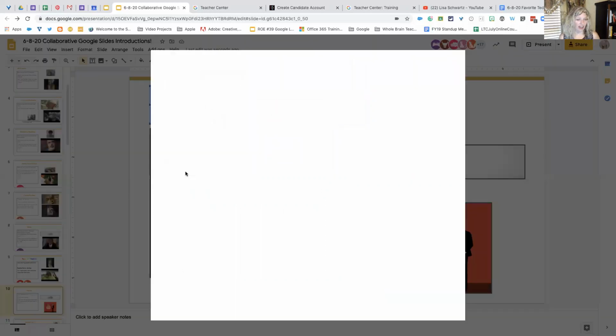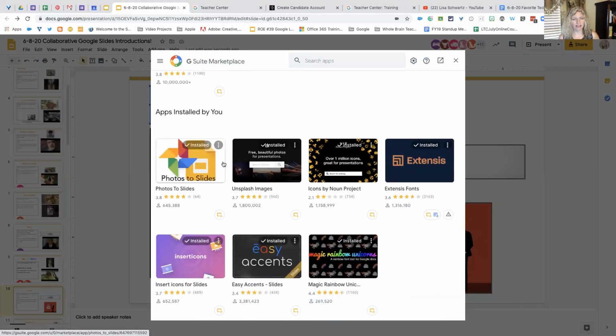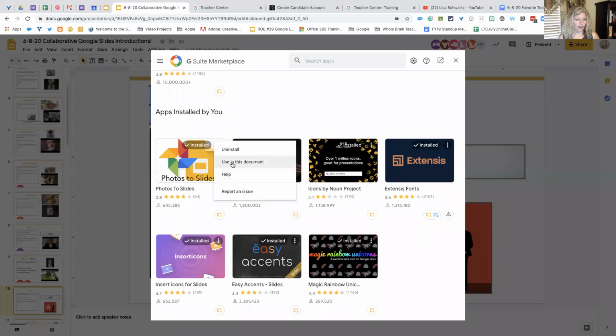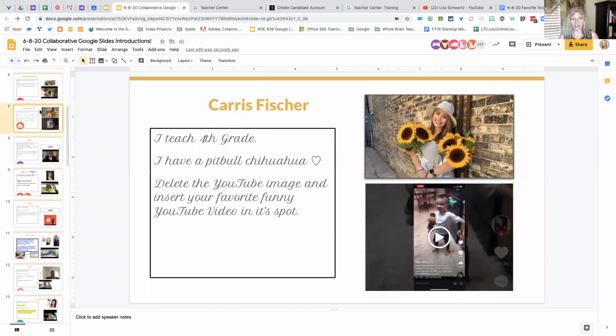I can go to manage add-ons here. Here's all of my add-ons for my Google Slides. If I click on the three dots of any of the add-ons, here's where I can uninstall it, use it in this document, go to help, or report an issue. So with add-ons, don't be overwhelmed. Once you use Google Slides more, you can learn how to enhance your Google Slides as you go through. But feel free, you have access to this